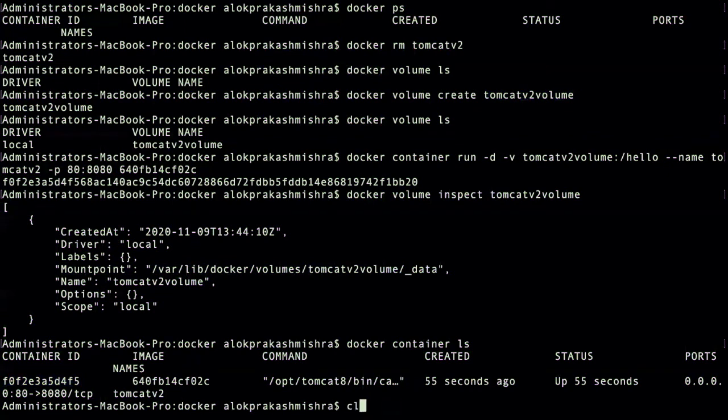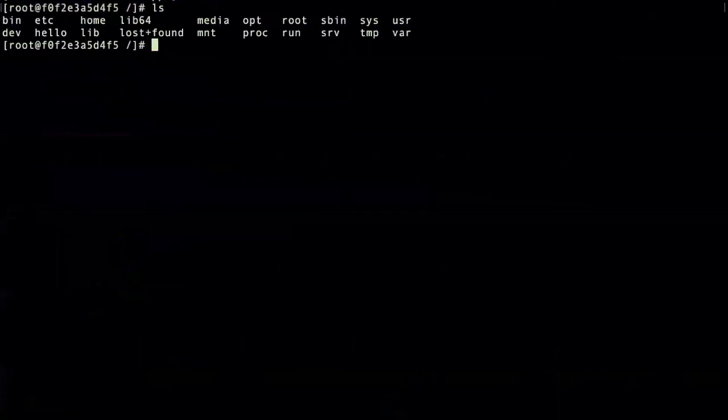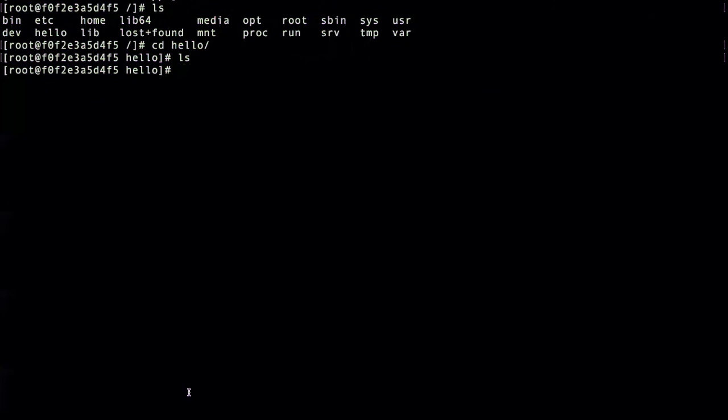Docker exec -it tomcat v2 in bash. Okay, let's check. See here, cd hello is created. This is the directory that is mounted here, hello.